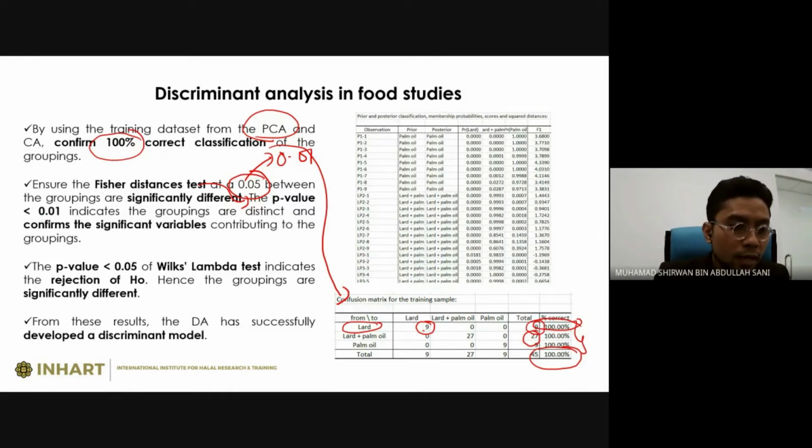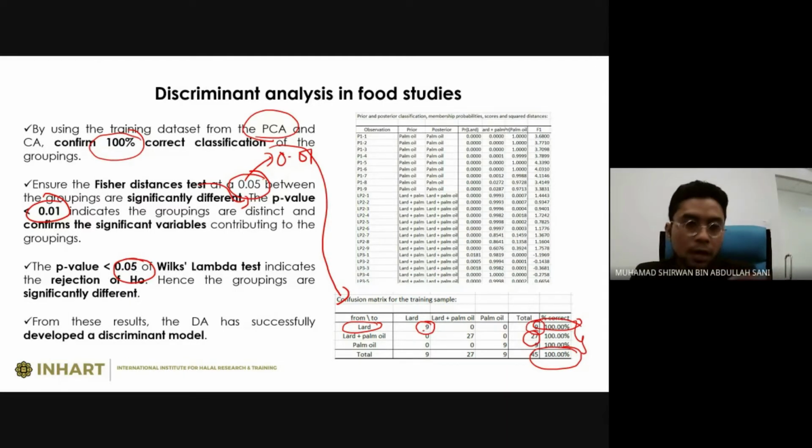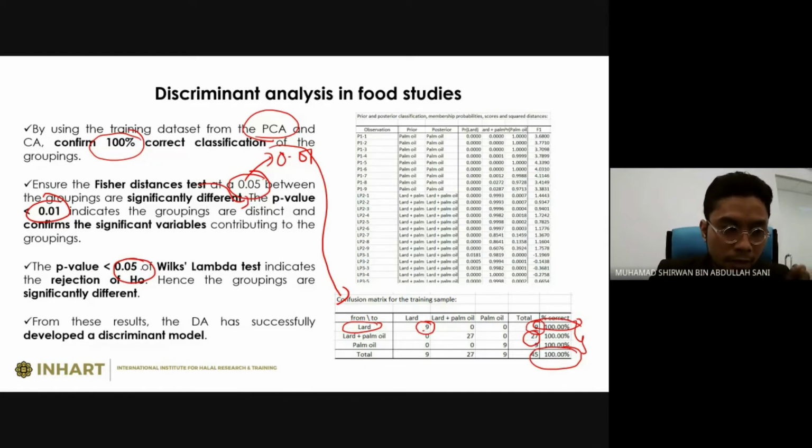So the p-value less than 0.05 or 0.01, in this one again, depends on your selection of confidence significance level. Should be, if we choose 0.05, it should be 0.05 here. If this one is 0.01, this one should be 0.01 as well. Okay, so perhaps this one is a typo. Okay, so the p-value that you have set